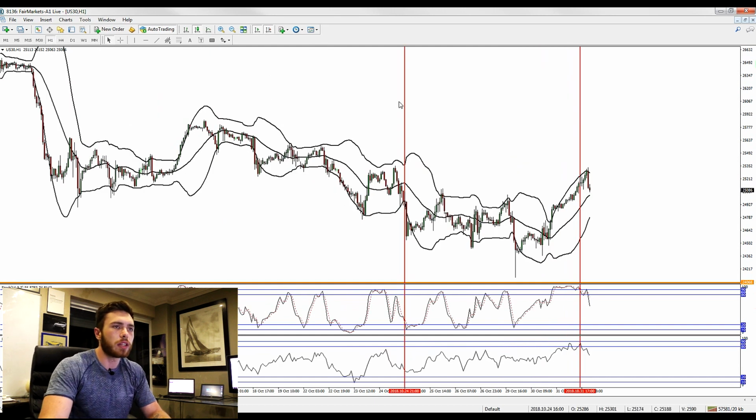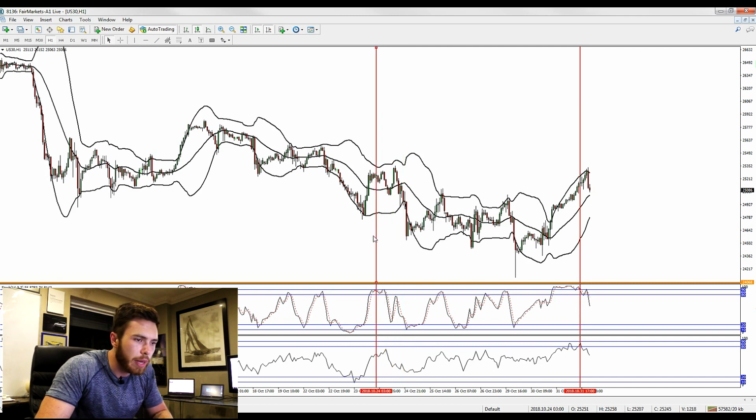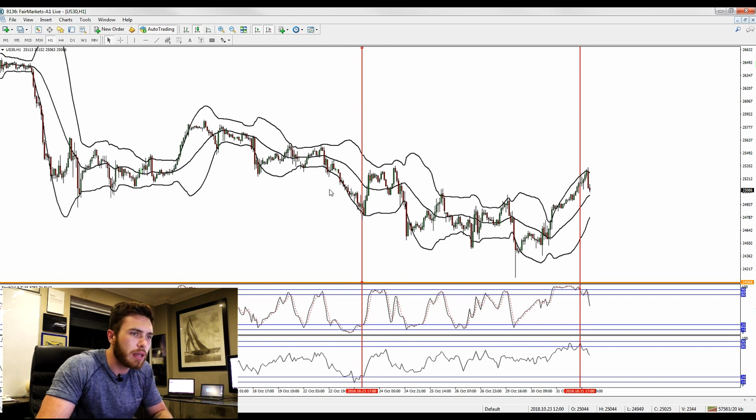So the reason why I've got this red line here is to show you the trade that I took right over here. I'll pop it onto the chart so you can see the earliest trade I took was on the 23rd. So as you can see on this chart, I'm just going to show you exactly where this trade was taken. On the 23rd, right in this dip over here, we took our first trade. And then later on, this is where our last trade was exited later today.